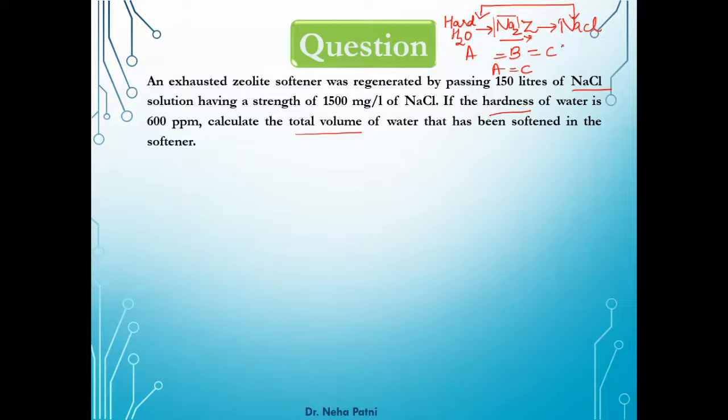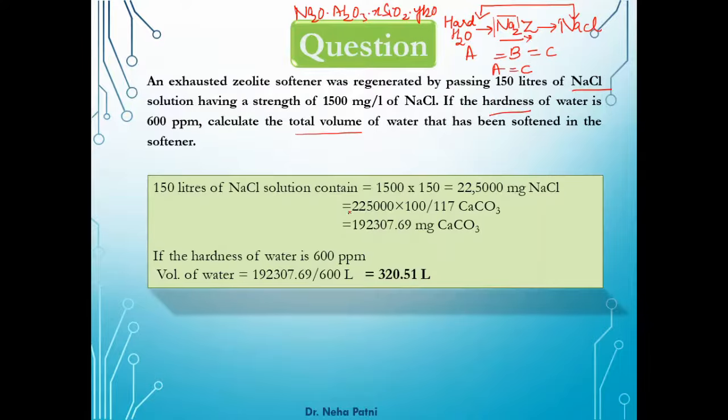And I hope you remember that Na2Z is obviously a big silicate network. The formula was quite big, and it is difficult for you to use it in the calculation. The molecular weight could go high, right? That's why this particular portion is skipped. Now if you see how to solve this question, you have to first find out, with reference to NaCl, how much hardness is going to be consumed, and if the hardness is already given, like 600 ppm, what would be the volume calculated? This is quite easy to understand.